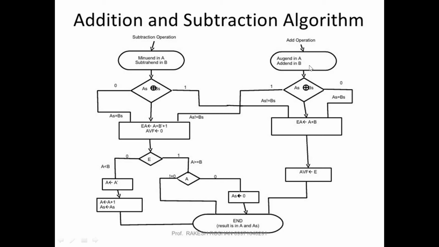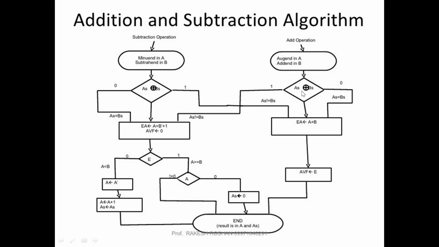Coming to this addition operation, in this case we are going to calculate these two values, addend A and addend B. Addend A and addend B are added with the help of this flowchart. But in this case we are going to consider a normal checking condition, that is the XOR gate representation, where the values are XOR values.